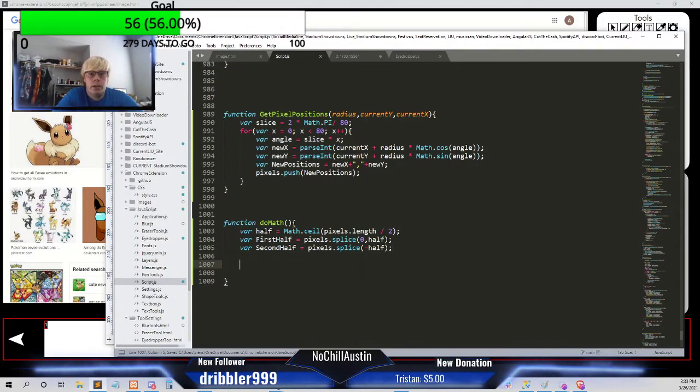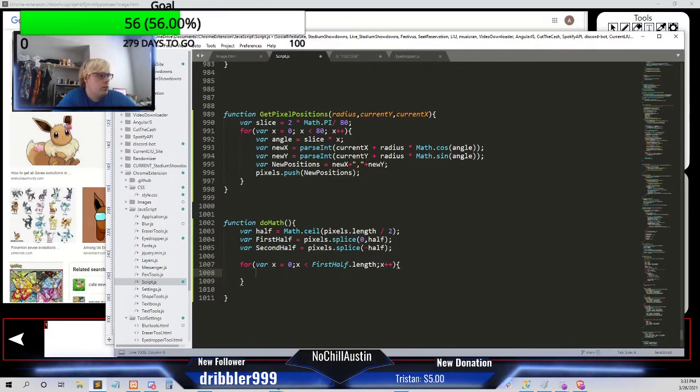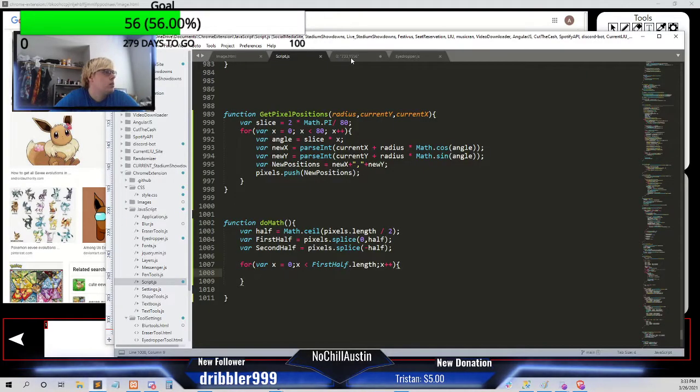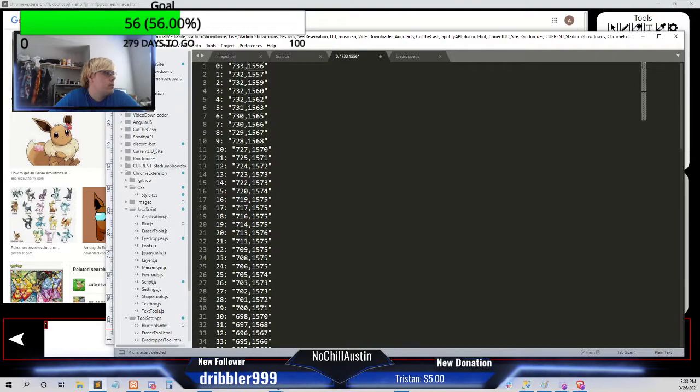So now that we cut it in half, we need to loop through them. So we need to say for var x equals 0, x less than first half dot length, and then x plus plus. So what we need to do is find where they're the same, and the way we know that they're the same is through this. So this 1556 is the same as this 1556. So we need to